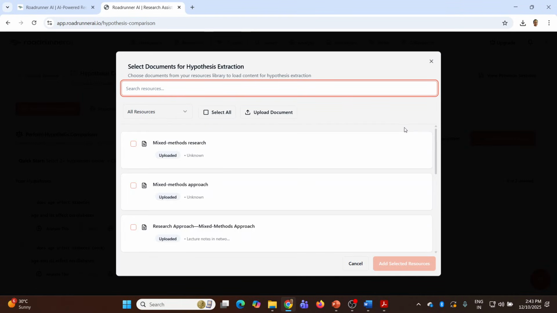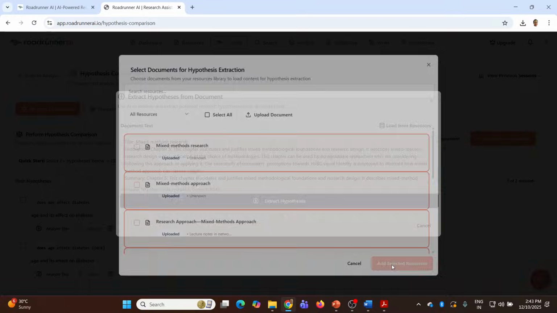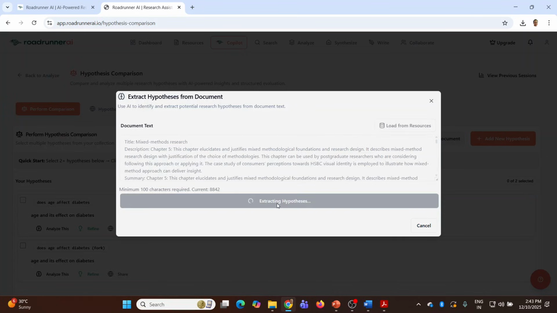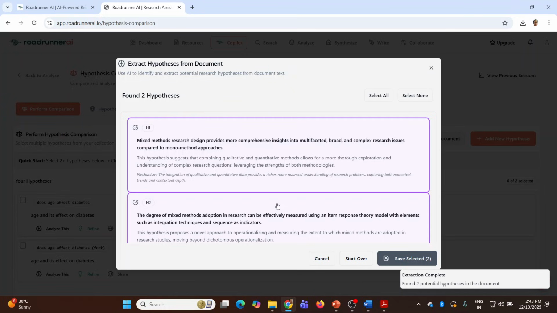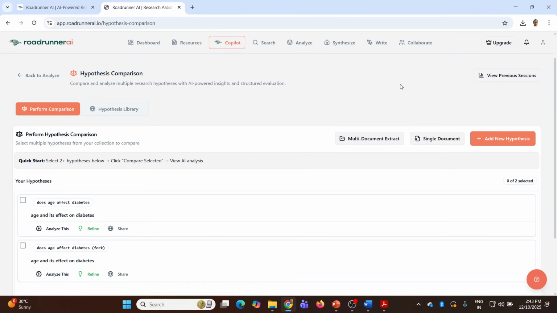Load from resources. I can upload the new documents also. Select all. Add selected resources. Done. Extract the hypothesis from this, and it will extract all the hypotheses discussed in these papers. So you can see H1, H2, save selected. Save selected. Now close this. Again go in analyze,